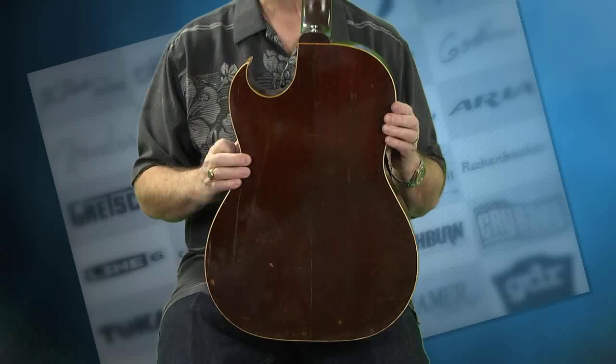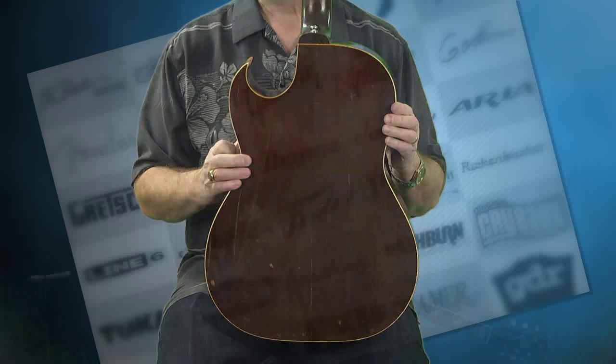So anyway, it's got a great neck angle on it. He tightened up and made sure all the braces were reglued and in great shape. There were some cracks in the back, which he glued and cleated. The finish has been worn off the back where it's probably been sweated on, I don't know how many times. Just where it attaches to the body up in the front is not so bad. Sides, you've got some finish missing, and